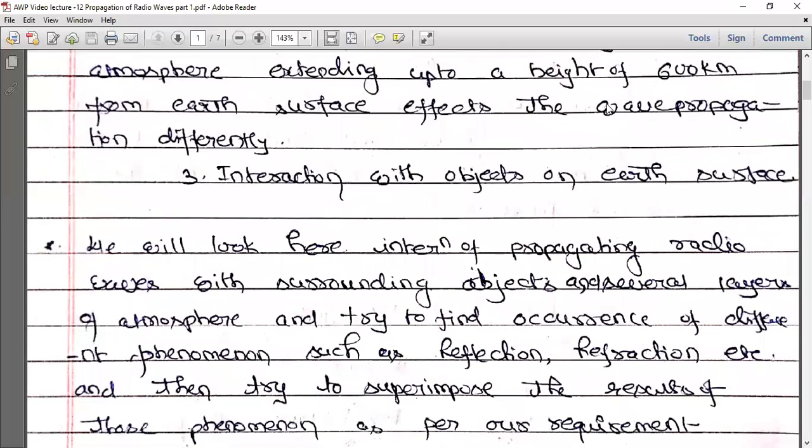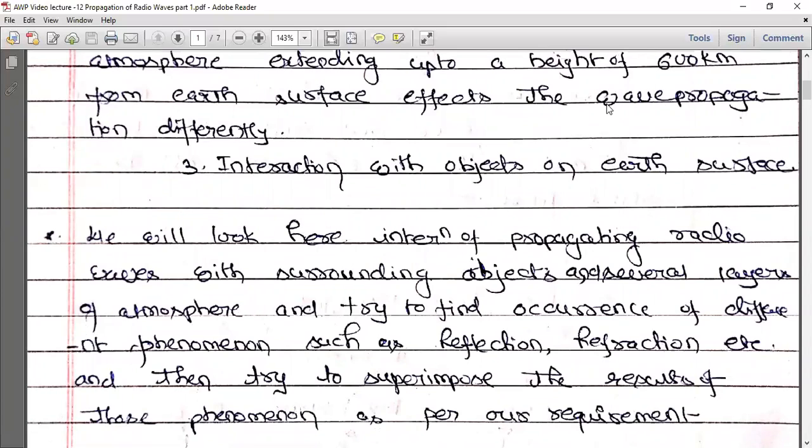When we considered the communication phenomena or the antenna analysis in infinitely free space, we considered that there would be no object in between the transmitter and receiver, the link between transmitter and receiver. And also we considered that there is no other object all around. But in a practical scenario, if there is a line of sight path, suppose the receiver is not beyond the horizon, rather it is before the horizon. In that case, you have a line of sight path, but because of other objects in the surrounding, there